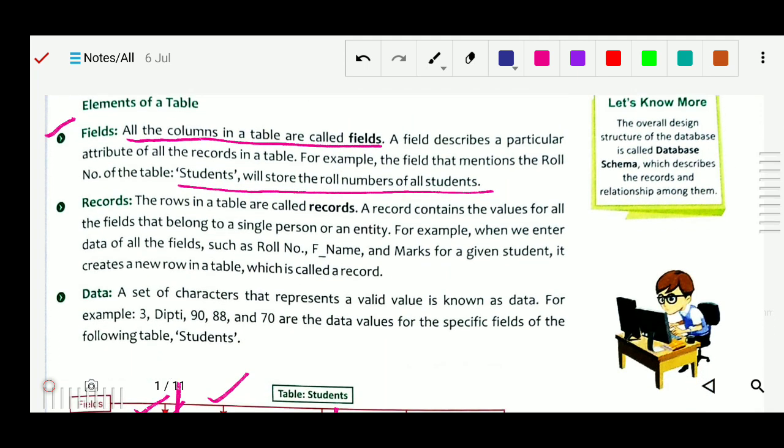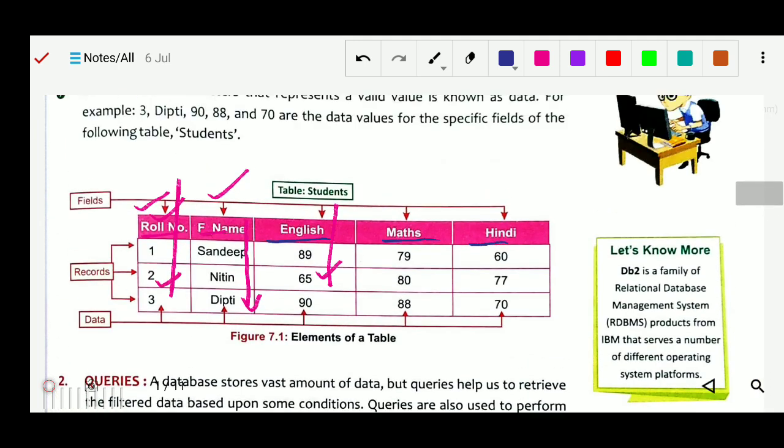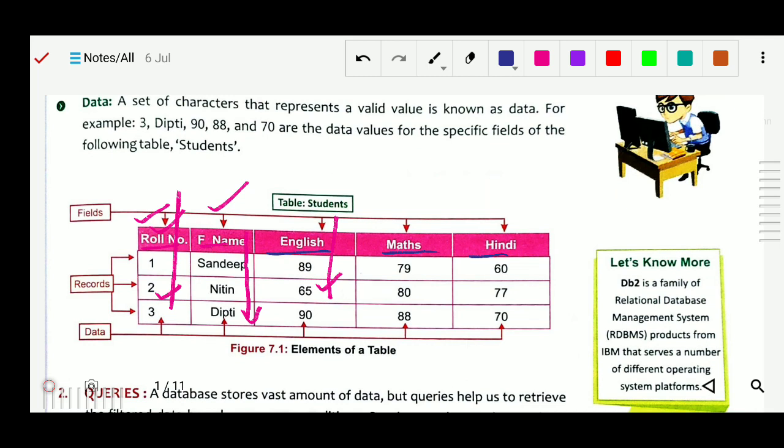Okay, now next is the record. A row in a table is called a record. A record contains the values of all the fields that belong to a single person or entity. That particular row defines the values about that person or entity. See, roll number 1 will be the record of only one person.